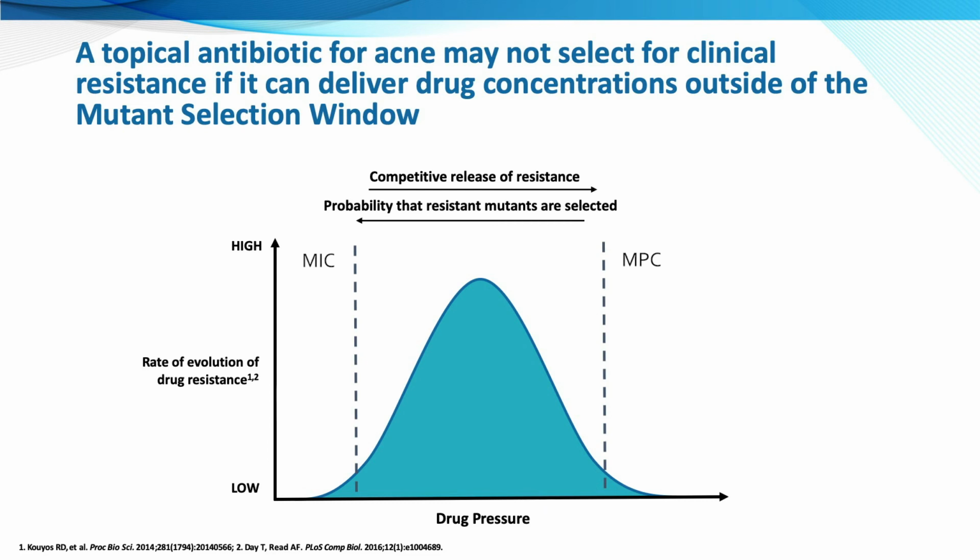If we had a topical antibiotic that could deliver concentrations higher than the mutant prevention concentration at the site of infection, but at the same time with less systemic exposure than the minimum inhibitory concentration, we may avoid the selection of resistant mutant bacteria. As topical agents may be best suited to deliver doses outside of the mutant selection window, they have the potential to be an effective approach to impeding bacterial resistance if we can find the right formulation,